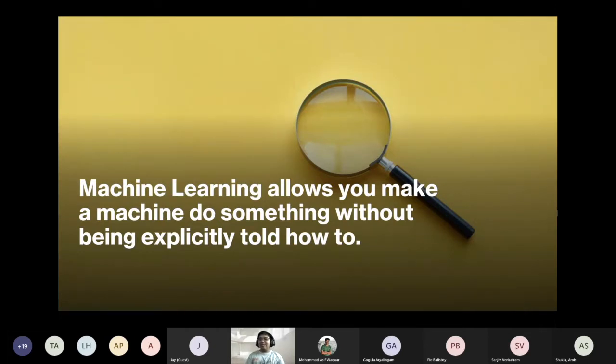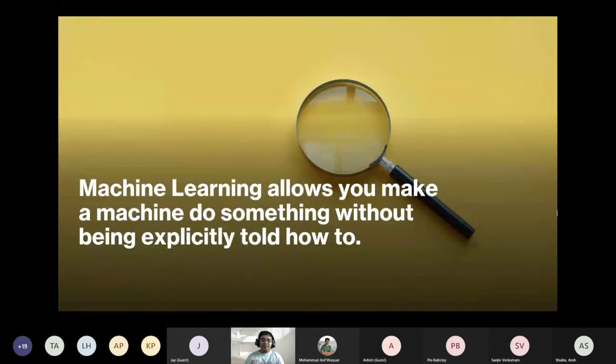So instead of telling the machine explicitly that this is what makes a hot dog, what makes a chair, what makes a table, we let the machine figure it out by itself. If a table has four legs, is it a chair and you can sit on it? Stuff like that.